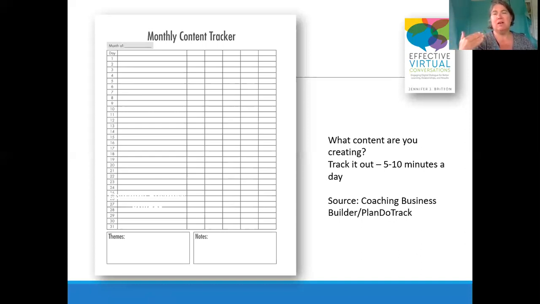And it's not just enough to have items listed down. Let's see if I have one of my notebooks here. I don't, but it can be really useful on a monthly basis to sit down and say, okay, what are the 5 pieces of content I want to create this month? I want to do a virtual call. I want to do a new article. I've said that I'd write a chapter. I need to make sure that I'm building in time on a regular basis to get that content not only created, but tracking it so that I do leave myself enough time.